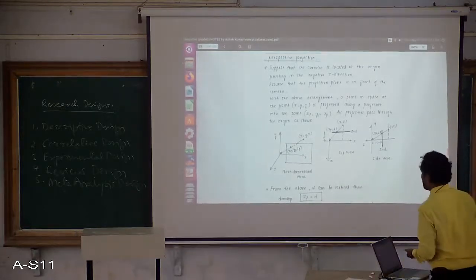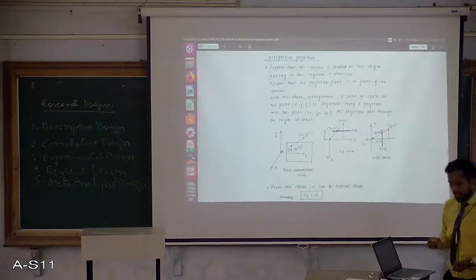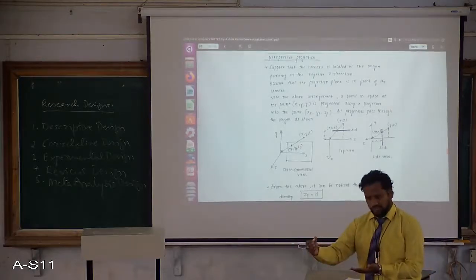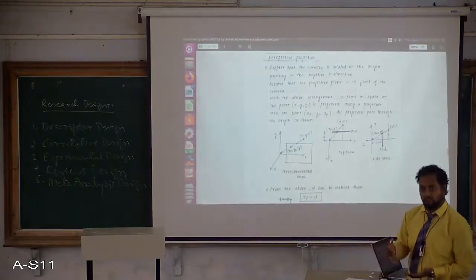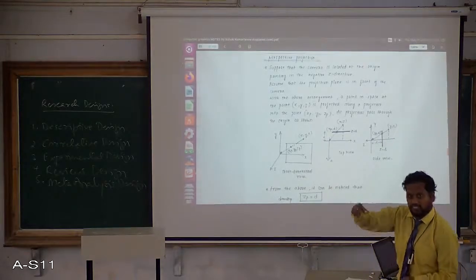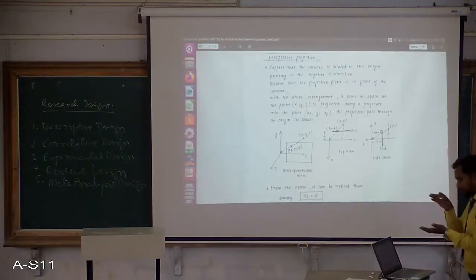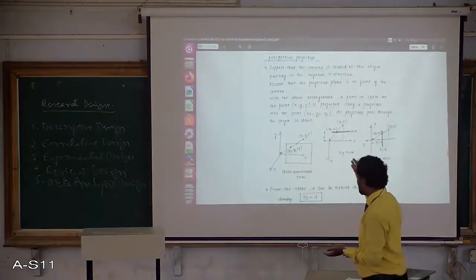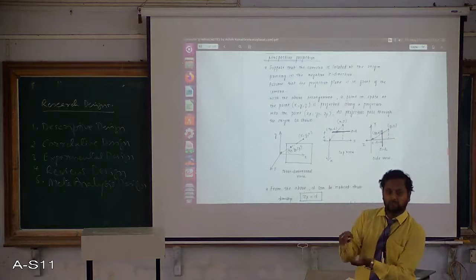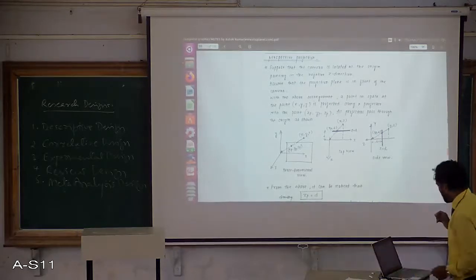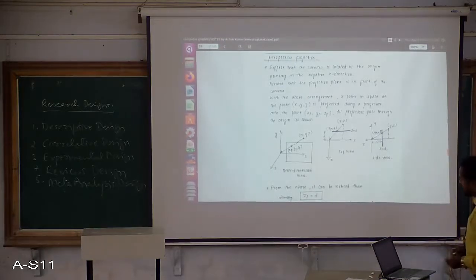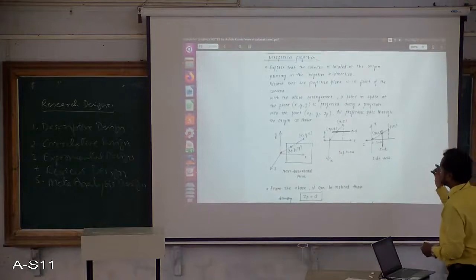So we learned about different types of projection. One is perspective. Projection lines are... now we have the equation with respect to perspective projection. Right? Okay, suppose that the camera